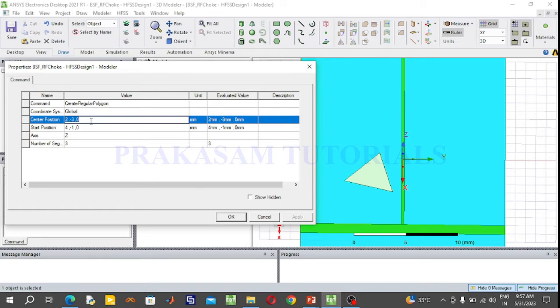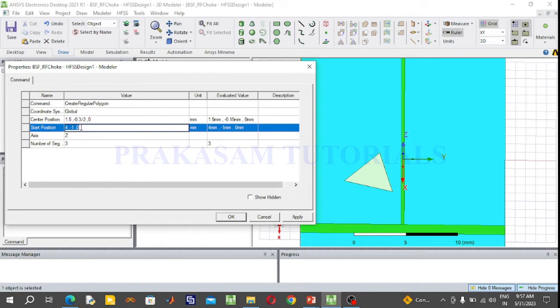And the center portion 1.5 and the spacing is 6.5, lambda g by 4 distance, and the position is 1.5, minus 0.3 by 2. Z position is 0